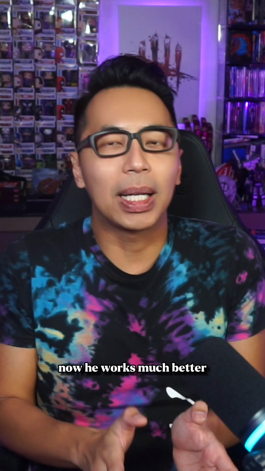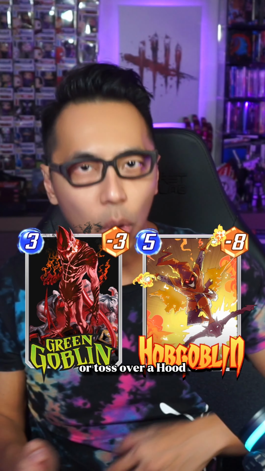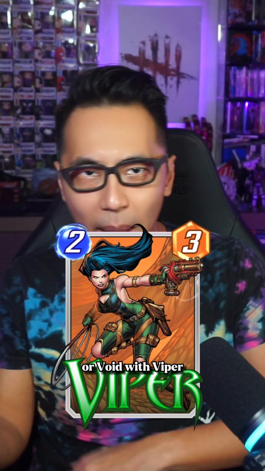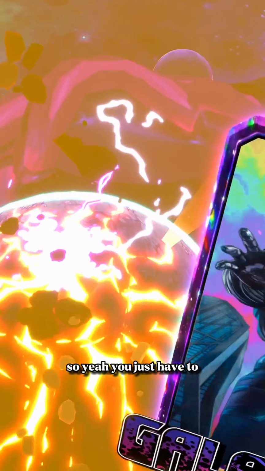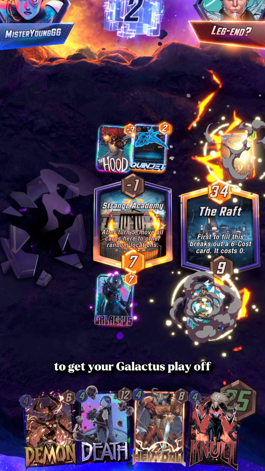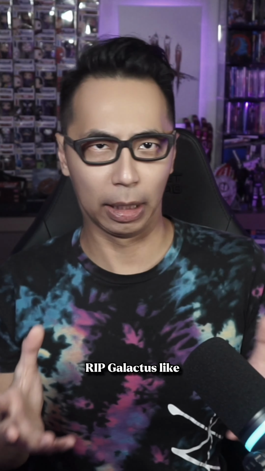Now he works much better as a turn 6 surprise play after you weaken a lane with the Goblins, or toss over a Hood or Void with Viper and then Ghost Spider the Viper. What? Yeah, I tried that. It worked. Once. So yeah, you just have to work a little harder to get your Galactus play off. It's definitely not a case of RIP Galactus like